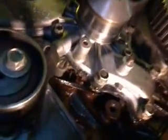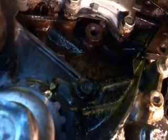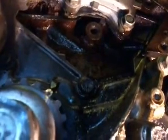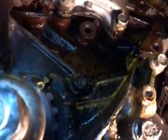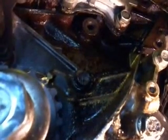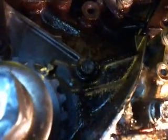But yeah, as I say, we were lucky the timing belt wasn't already broke, but if it was, you'd have to detect the true top dead center, because just because that's lined up doesn't mean that's the right one. If it was 180 degrees out, it would still be lined up like that. So you got to detect, as I said, the compression on the upstroke on the number one cylinder. If there isn't compression, then that's not it. Keep going to the next one, and you should feel compression. Then you know you're there. That mark should be reasonably close, and then you can just tweak it